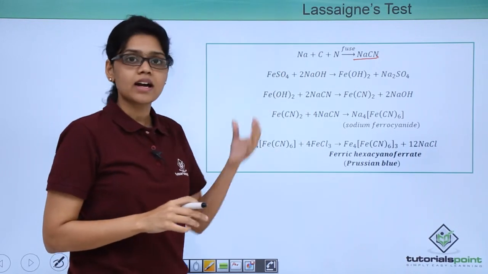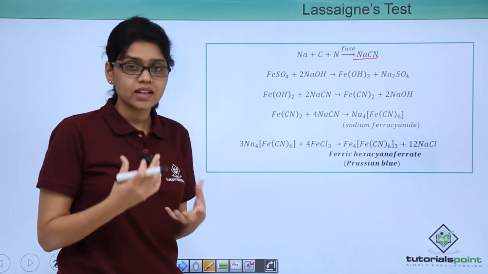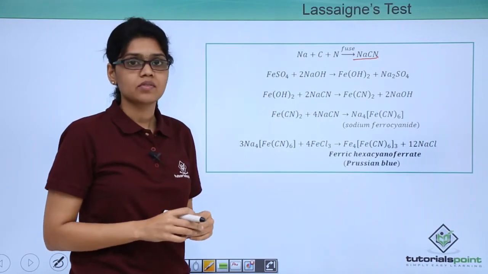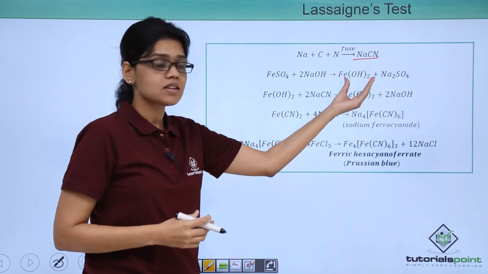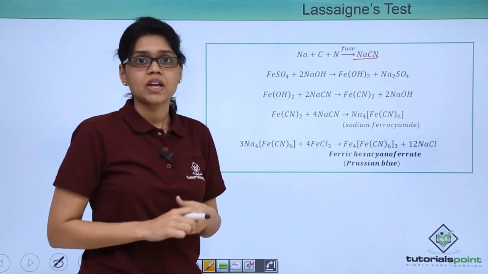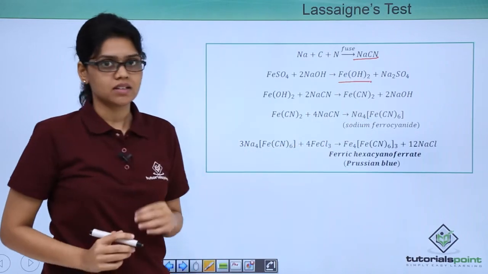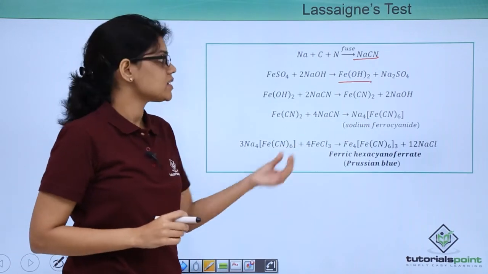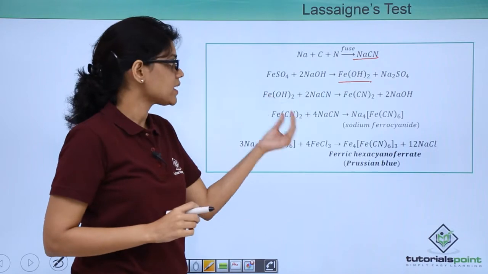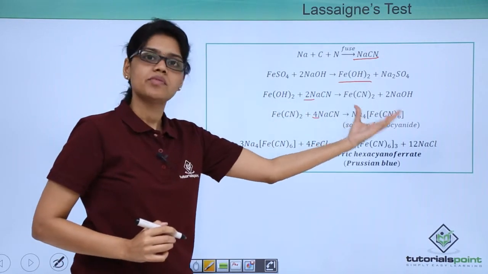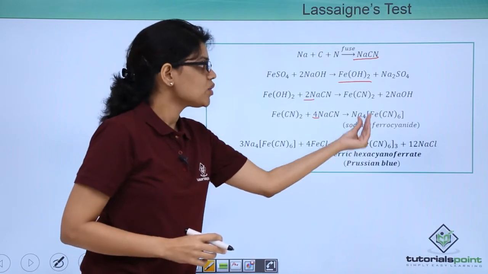Our sodium fusion extract is alkaline in nature, so FeSO4 reacts with sodium hydroxide giving Fe(OH)2 along with sodium sulfate. This complex is green in color. Now this ferrous hydroxide reacts with 6 moles of NaCN giving us finally sodium ferrocyanide,